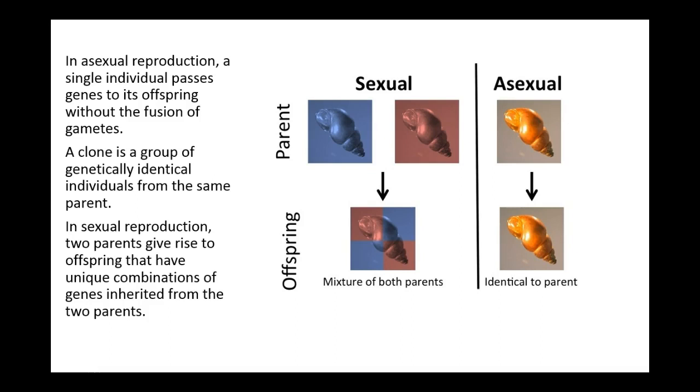One of the things that your book goes into, and I didn't include the picture, I should have because it was kind of a cool picture, is asexual reproduction. Just to refresh your memory, a single individual passes its genes onto its offspring without gametes. And what happens is basically a clone. We're talking about binary fission. Remember, we had binary fission of bacteria, of some prokaryotes, and the picture you have in your book, which is kind of nice, you have a hydra and then a redwood tree.